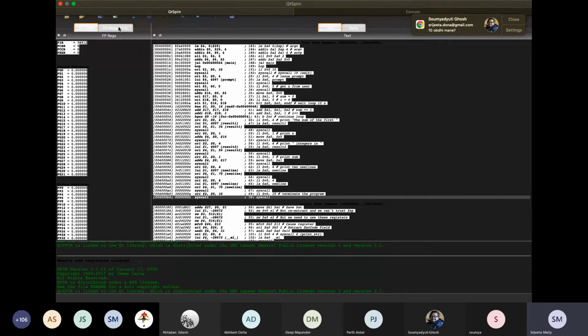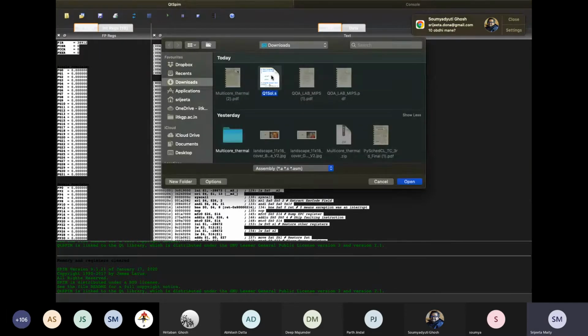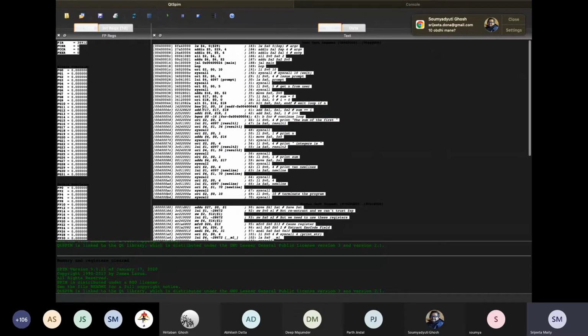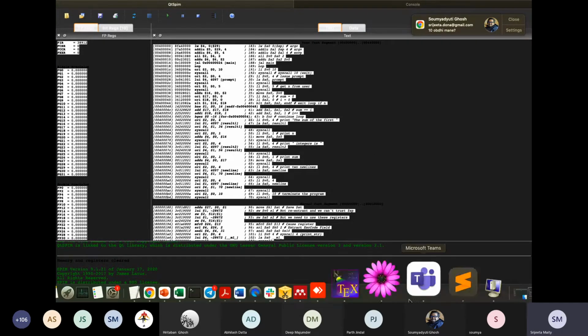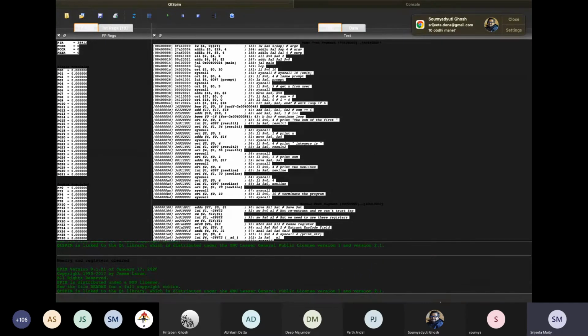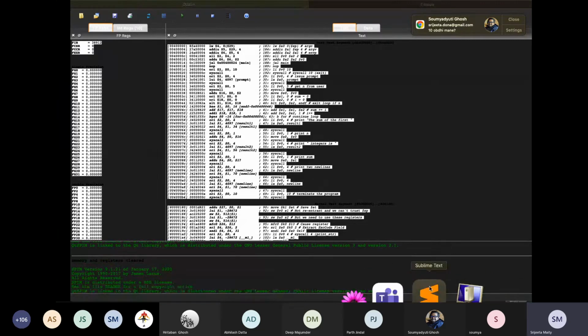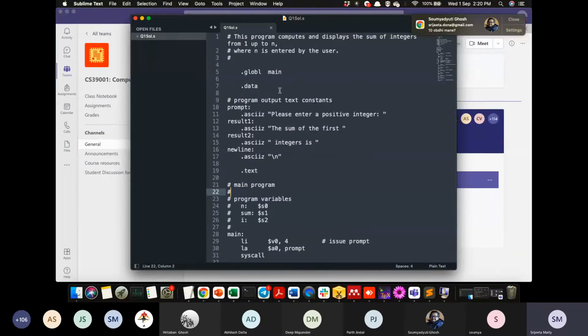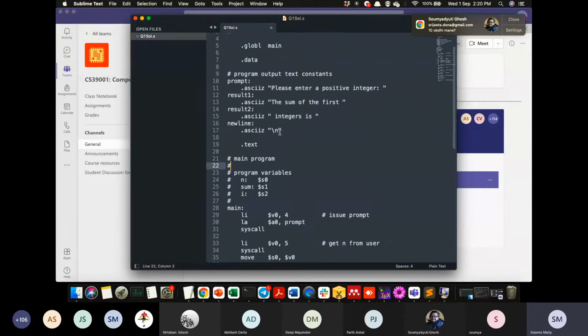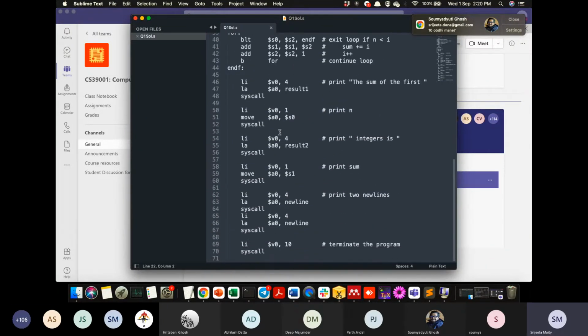Once you download the file, you can reinitialize and load file. By doing that, you choose that particular .s file, you load it, and this kind of text will come. What is written in that file is something different from what is shown in the text file actually. If we open the text file, this is a program that will display the sum of integers from 1 to n. It will take the input from the user and print it. So this is the actual MIPS code.